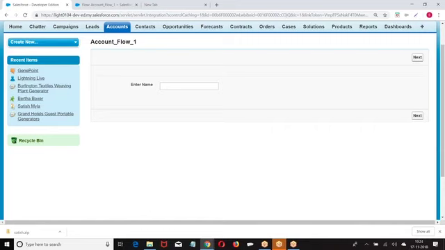Now when you want to create a sequence of steps, step 1, step 2, step 3, instead of designing multiple Visualforce pages and navigating the data, we are able to design it with a flow. This is one way of invoking it.